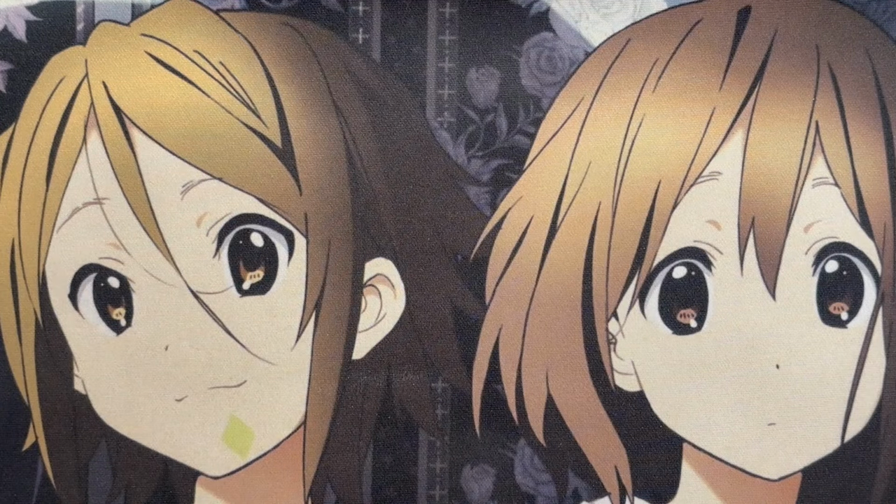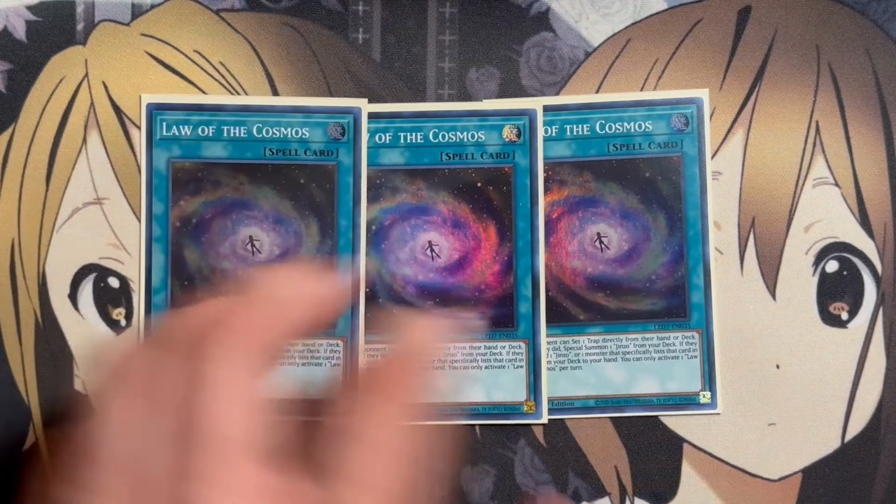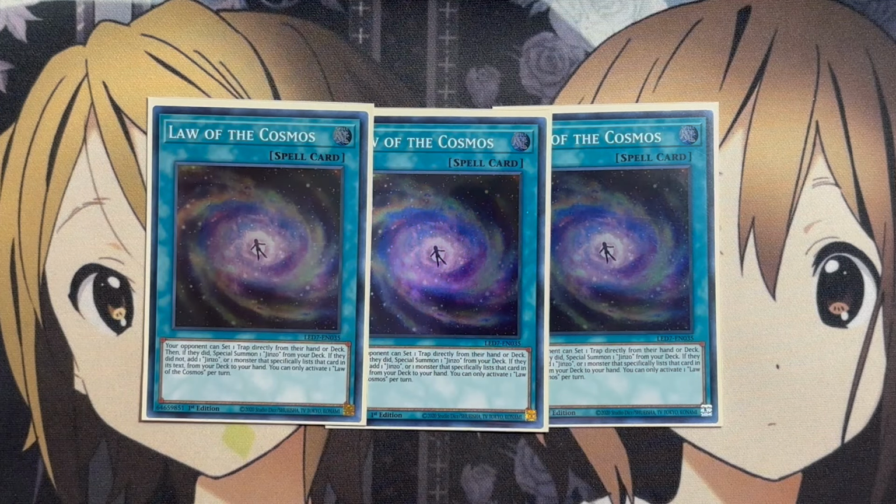And for the spells, running 3 copies of Law of the Cosmos. Your opponent can set 1 trap directly from their hand or deck. Then, if they did, special summon 1 Jinzo from your deck. If they did not, add 1 Jinzo or 1 monster that specifically lists that card in its text from your deck to your hand. You can activate 1 Law of the Cosmos per turn, but having a search for